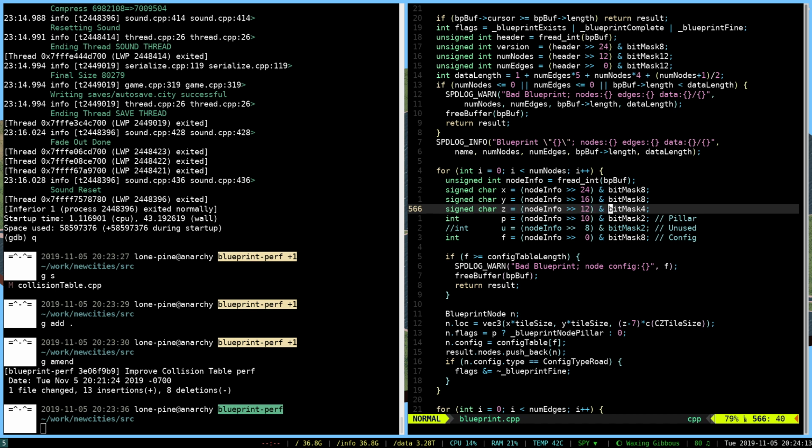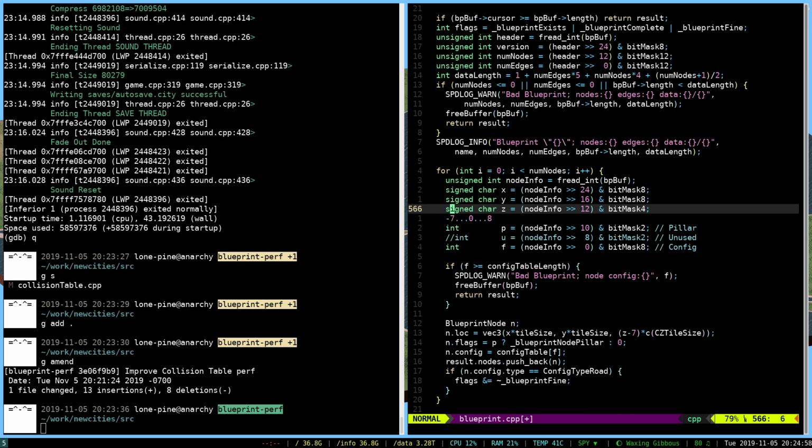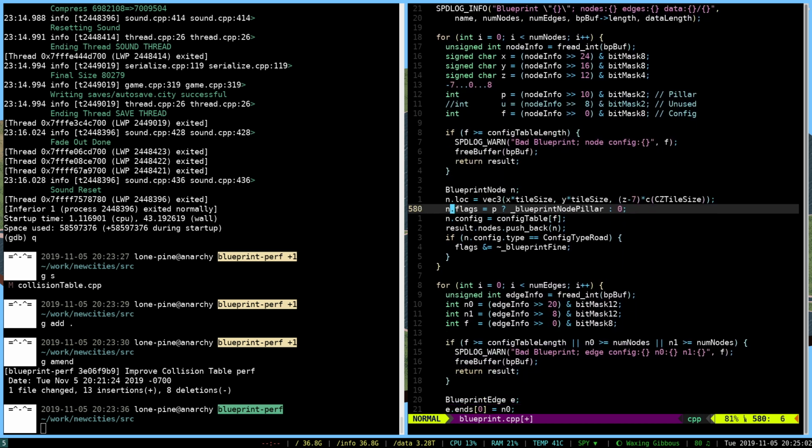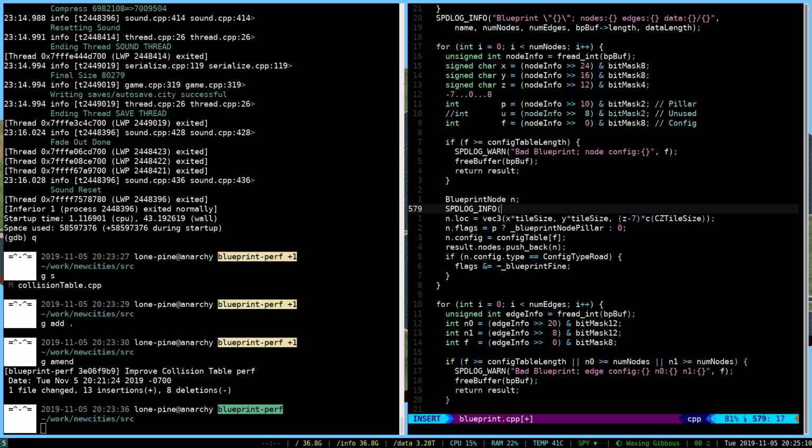So it reads 4 bits from the blueprint data for the Z, and in 4 bits you can fit from -8 to +7. The reason you only get to +7 is that you have to represent 0, and they represent 0 as an implicitly positive number, so you only get 8 positive numbers, and the last one is 7. But I wanted a little bit more up than down, so I tried to change that. It's possible that's where the bug is coming in, because presumably what it's doing here is just reading